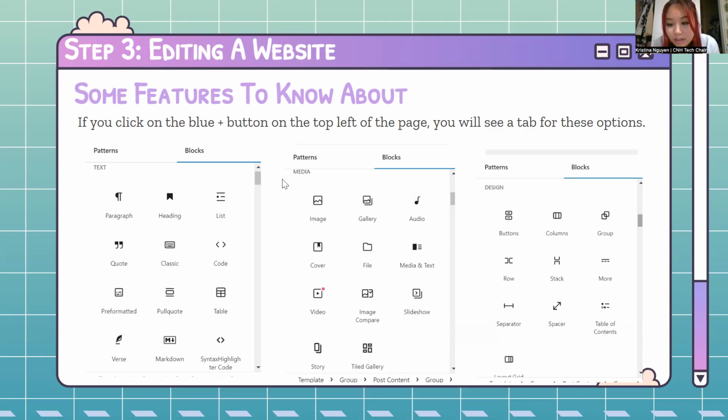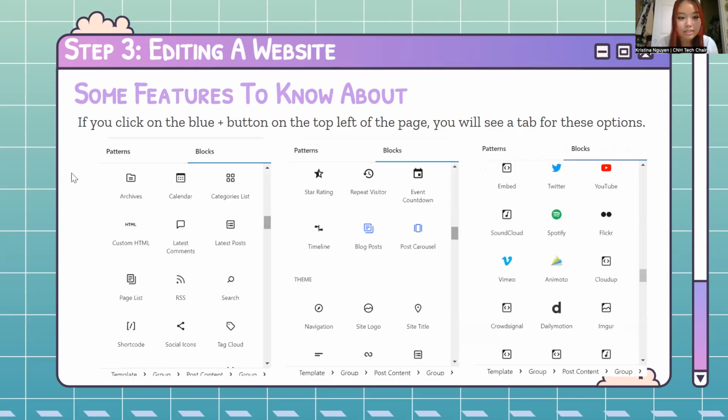And then over at the other ones are just how you want to organize the website. So sometimes there's sections of websites you can add, or rows or stacks. Just play around with it. But those are some general senses of the features on WordPress. And then there's so many options. So over here there's